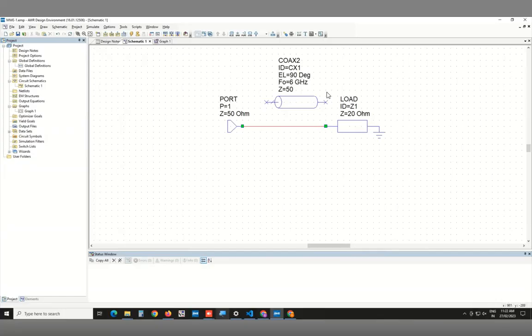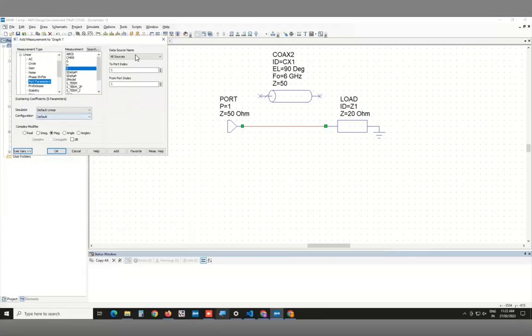The frequency dependence will come the moment we introduce this transmission line section into the system. Because this, of course, has a specific length, electrical length at a particular frequency. So the amount of phase it accumulates as waves travel back and forth will depend on what frequency you're transmitting through this system. Okay, so go back to the graph,